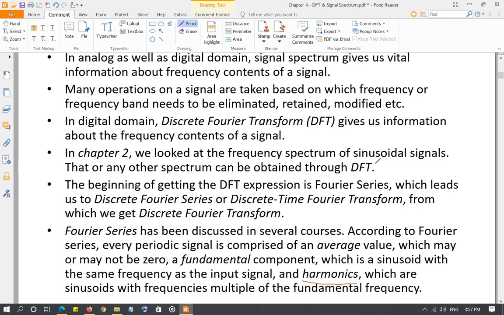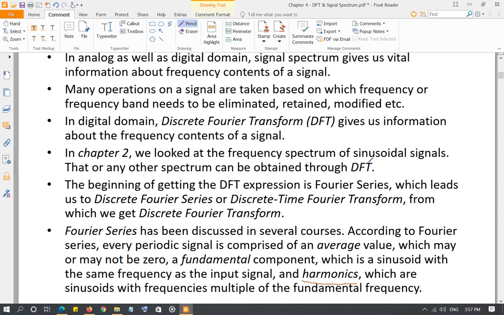So if you have a sinusoidal signal, then the harmonic is 0, based on whether you are offsetting that sinusoidal signal by a DC value. That DC value will be the average value of the signal. If you're not offsetting it with any DC value and it is symmetric about the x-axis, then of course the DC value of that sinusoid will be 0, and